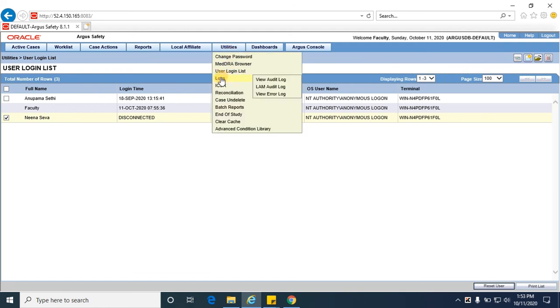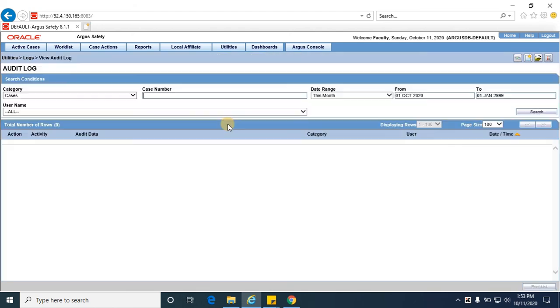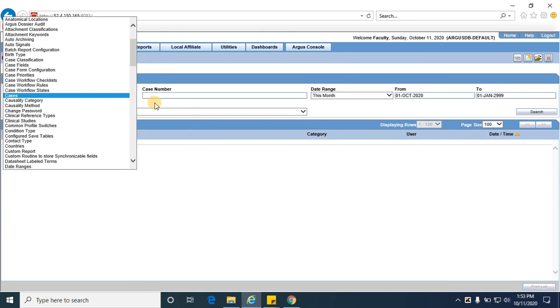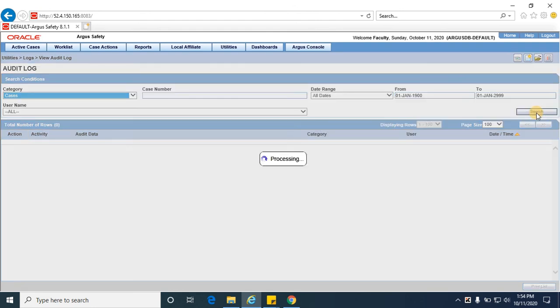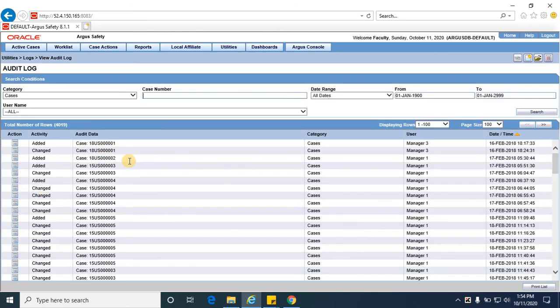And logs. Coming to logs, this would show you the audit log. On the audit log, you have the category, the case number, the date range, and all details. When you click on search, this would show the audit log for every case.